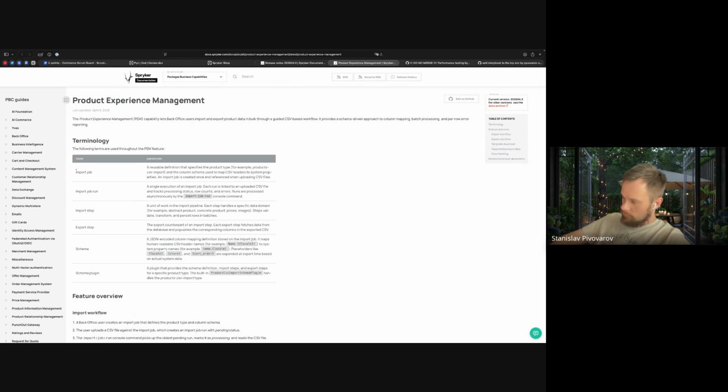The main thing we should concentrate on today is the terminology we introduced with the import-export feature. We introduced some quite new entities that are heavily used in that feature. The first one is the import job. You can read the definition, but in a nutshell, it's a kind of reusable unit